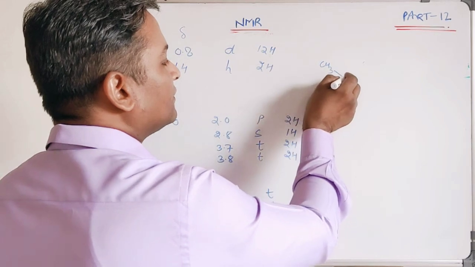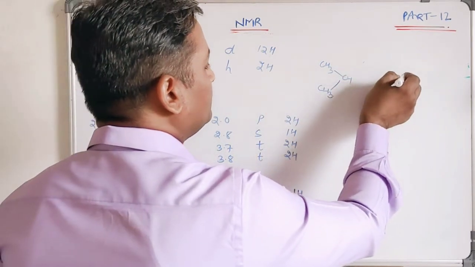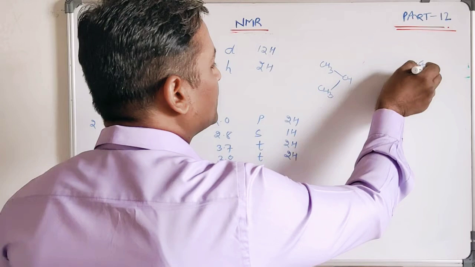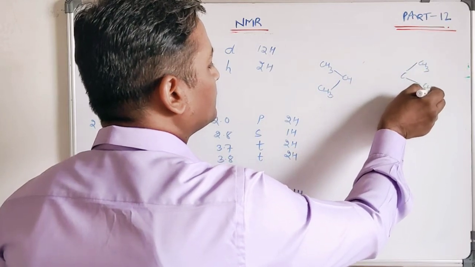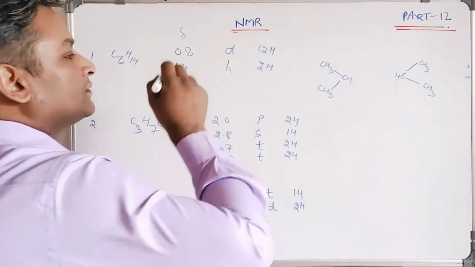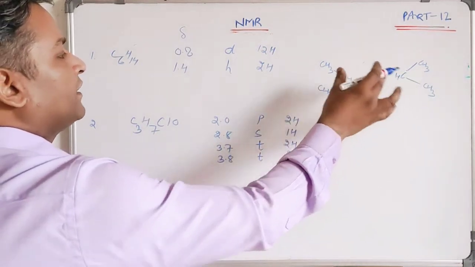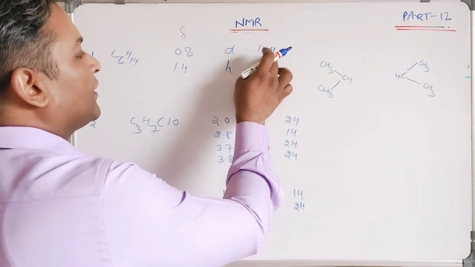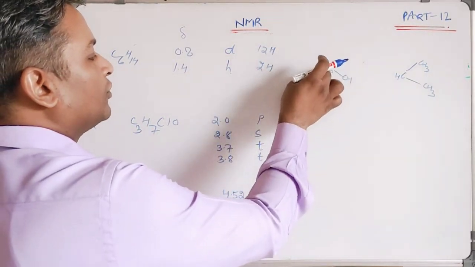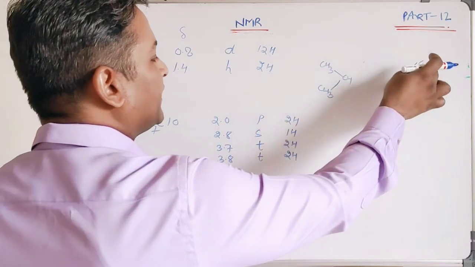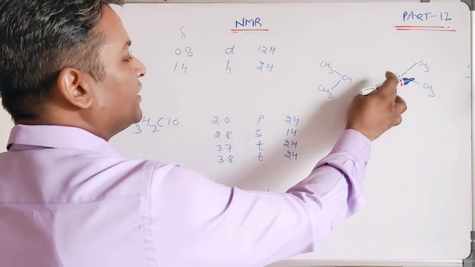CH3, CH, CH. The compound must contain this type of moiety because it is showing a doublet for 12 protons. So you can see here 3, 6, 9, 12, and its neighbor is CH, so it is a doublet